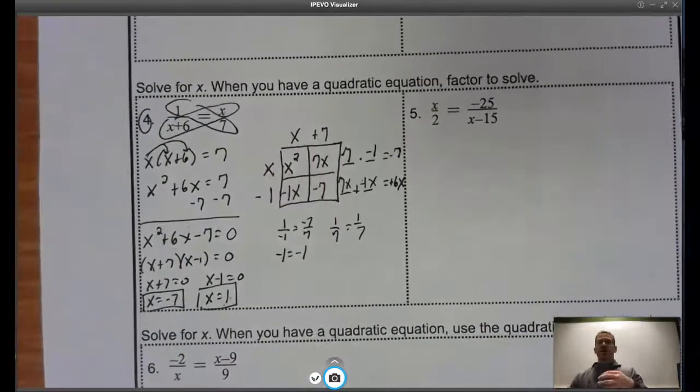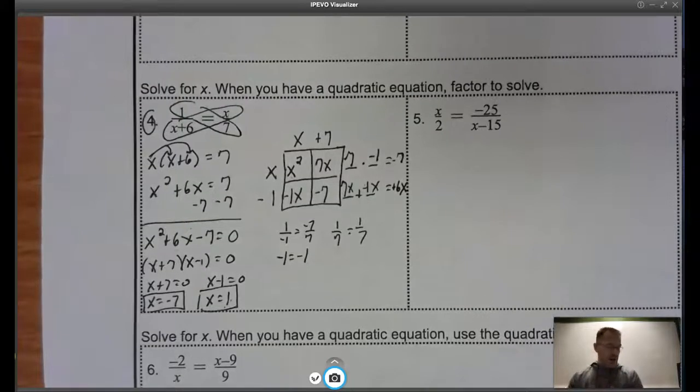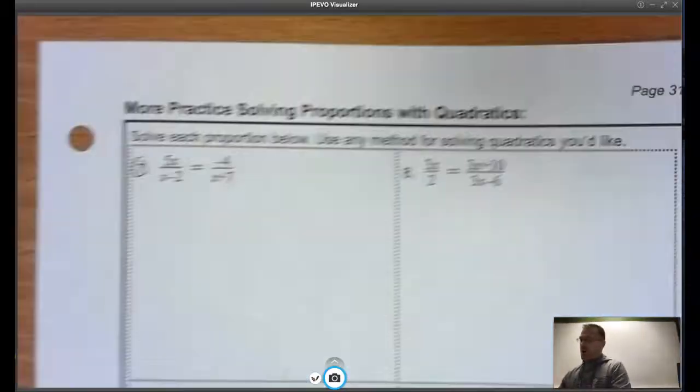Once again, it's good to get into that habit of going back and double checking your work. Okay, so let's flip the page and go to problem 7 here